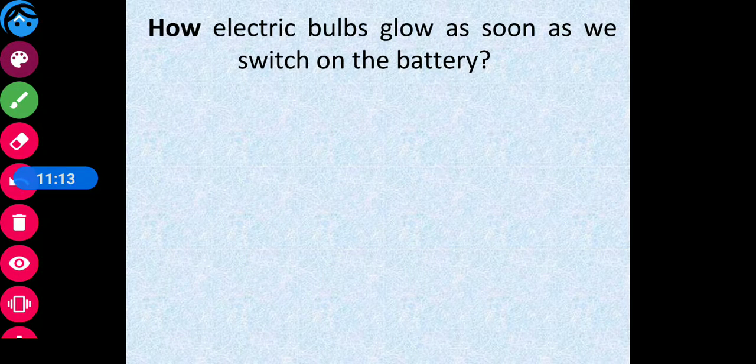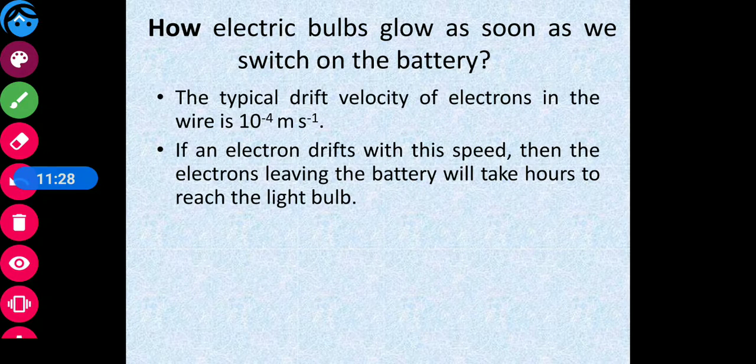Now, how does an electric bulb glow as soon as we switch on the battery? I think this question must have arisen in your mind. As you switch on the battery, the electric bulb glows. Because the typical drift velocity of the electron in the wire is only 10 raised to power minus 4 meter per second, an electron leaving the battery would take hours to reach the light bulb. So it must take a long time,